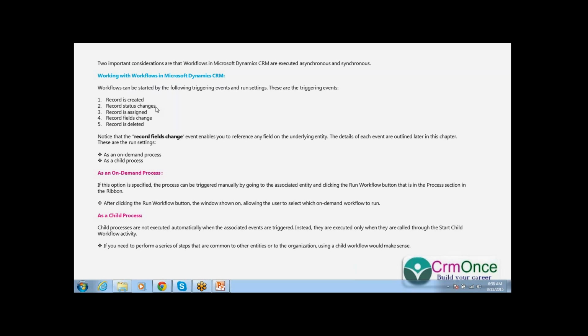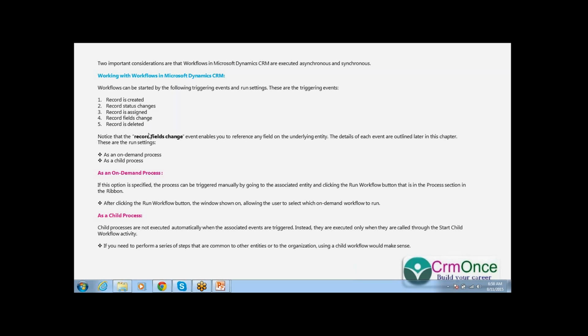So whatever status is changed, we can trigger the workflow. Also on record field changes: whenever a field is changed in a record, we can trigger the workflow.